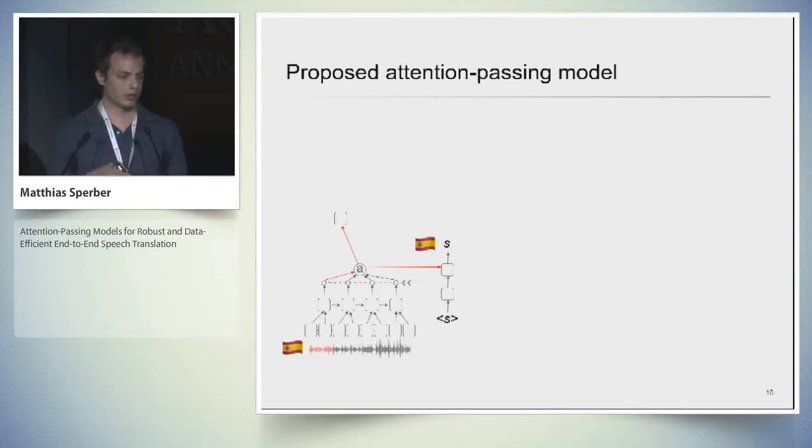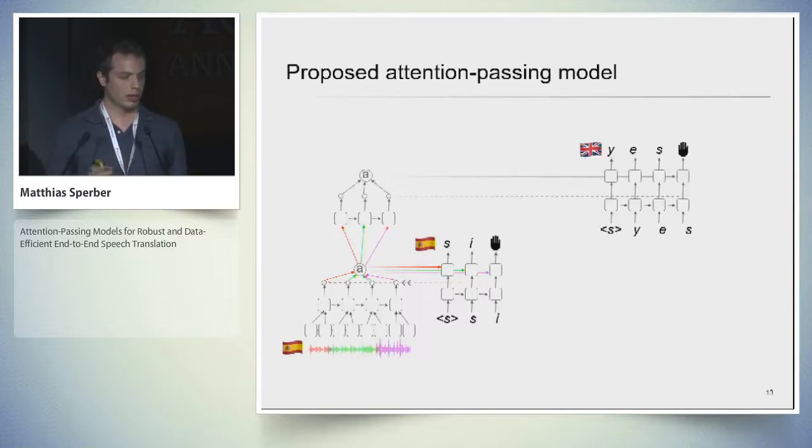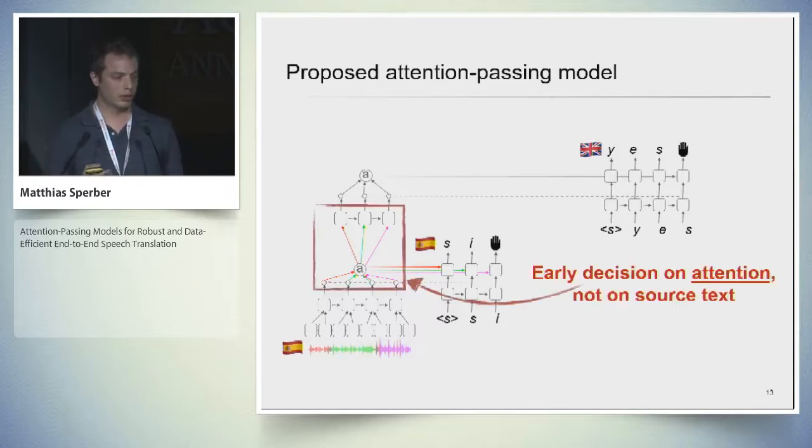So we copy over this context vector over here. We continue to the next token. Here again the attention tells us that the green part of the audio is representing this second output on the source side, and we will use that context vector as a second input for the translation, and we continue on. And in the end, those context vectors are going to be translated into the target text. So the whole thing is again end-to-end trainable.